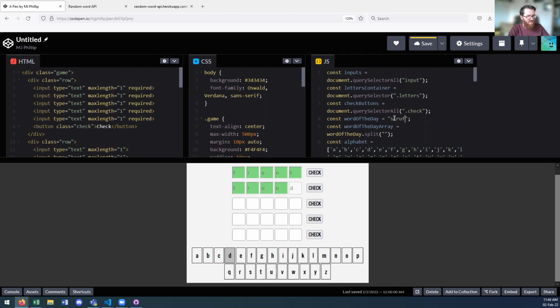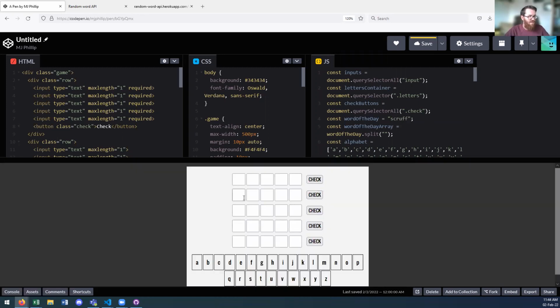So let's change the word to scruff. So now if I wrote, say, fluff, what's going to happen? It'll tell me that... that's interesting. That's a really good question. I didn't test that. So it tells me that this F is in the wrong place, but that F is in the right place. So the issue here, that's a great spot, is the fact that